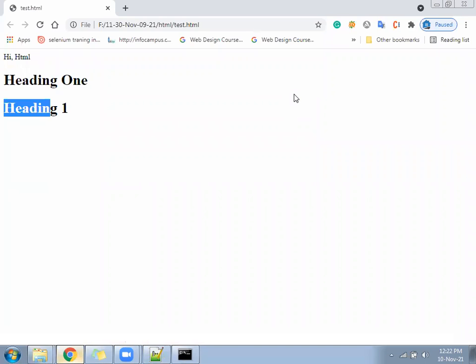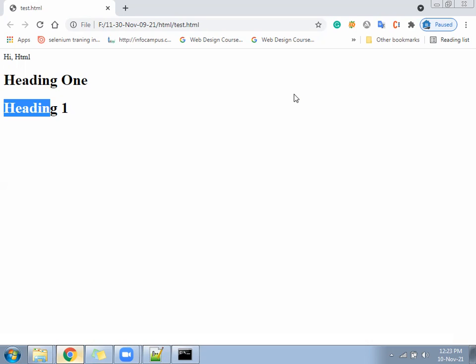Then HTML will not help us directly. We have to take the help from CSS. CSS will come and change the behavior of the H1 tag. Now the default behavior is to print in the new line. CSS will come and say no, you have to come in the same line. Through CSS we forcefully change the behavior of HTML. After that, it will try to come in the same line.